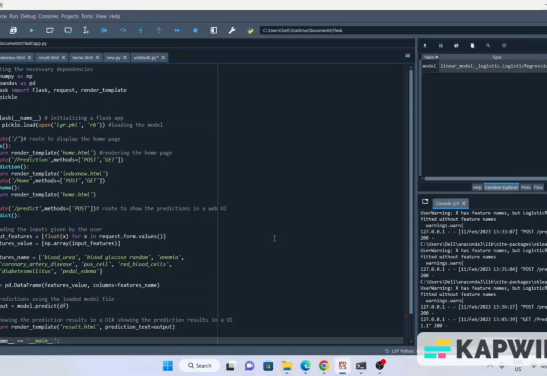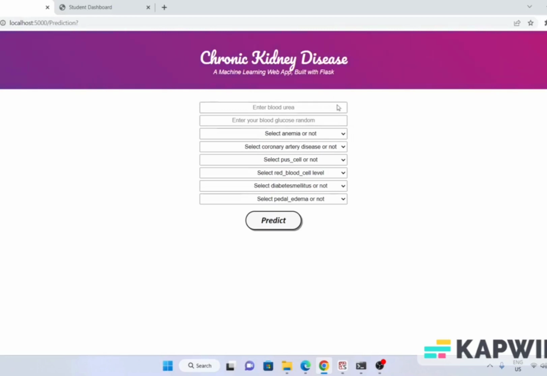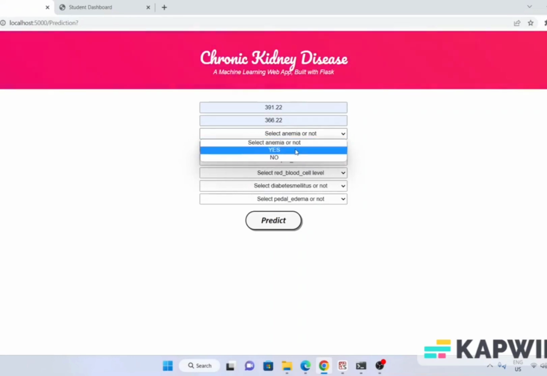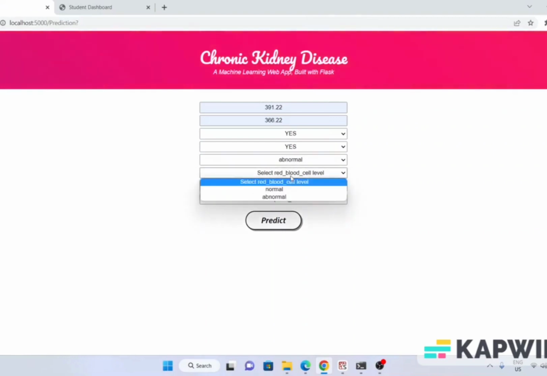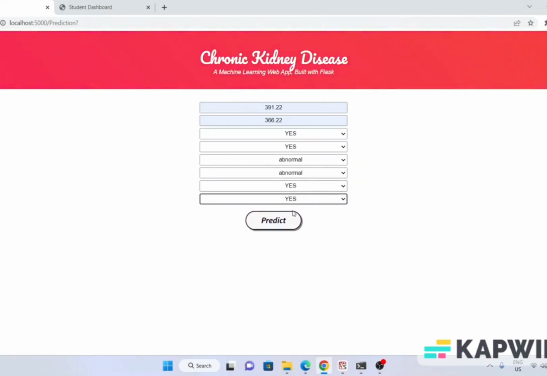So this is our app we built using Flask. This is the home page and the prediction page. Here we supply the required input values. First, the blood urea levels, the glucose level, and all other input values, if the patient is anemic or not. After supplying all the values, let's see the prediction. So based on the input